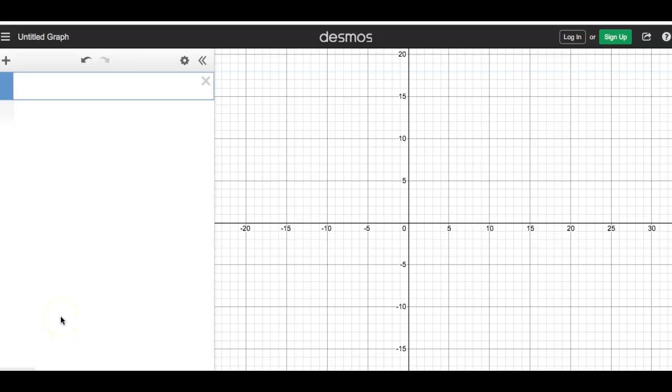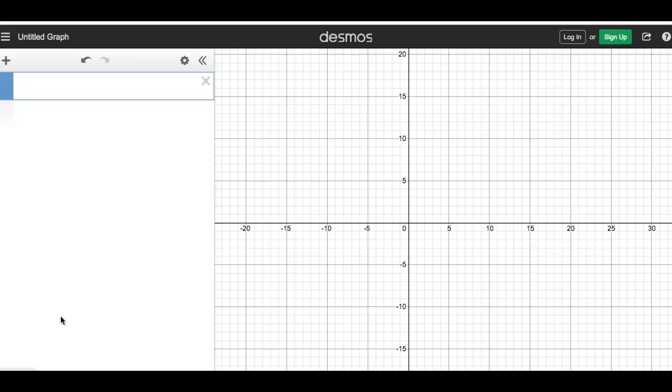All right, in this video, I'm going to show you how to graph an exponential function. You're going to be graphing it by hand, but I'm going to use Desmos because it's easy to record on and convenient to show you where the points go and how it works. The first thing you need to understand, because we're going to be plotting points with negative exponents, is